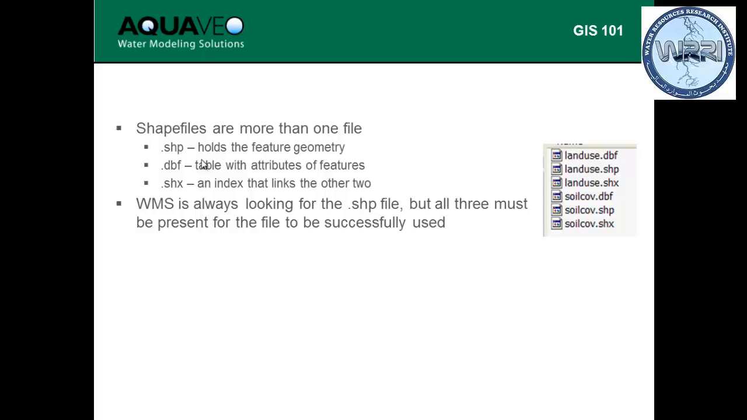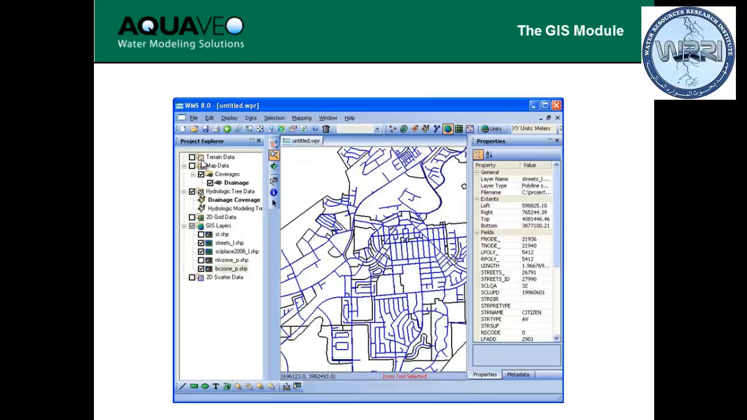There's a file that ends in .dbf that has your table data, so your information, and then a .shx file relates those two files together. WMS is always looking for the shape file, but you have to have all 3 of those files. Sometimes you'll have something called a projection file that goes with the shape file, and that will have your projection information. And there could be other files that go with the shape file, but you read those files into the